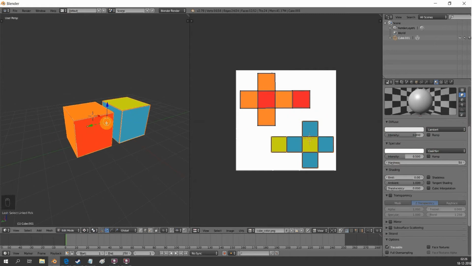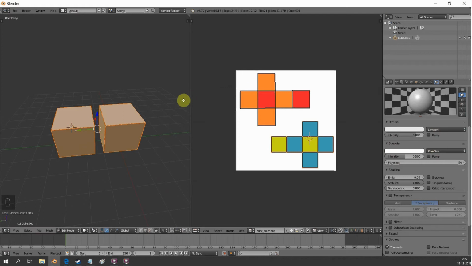Now we got both our cubes colored, so now it's time to actually make vertex groups. The vertex groups are actually going to tell the model, or tell the bone, where it has to stick to. So if I change this back to solid,